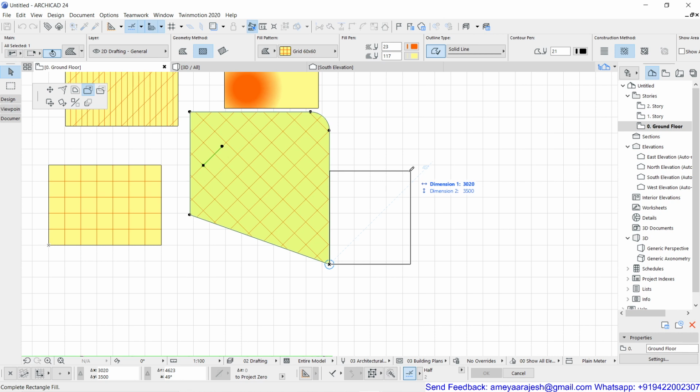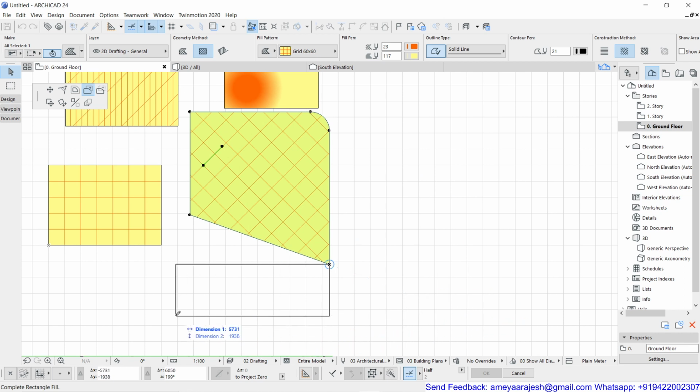But if I go for these two options, like the lower right corner or lower left corner, then I'm just forming one point in common between the old and the new, which is not allowed.